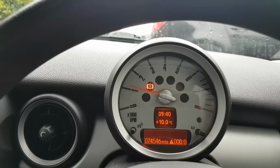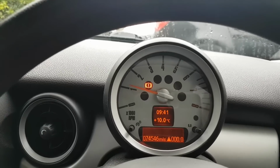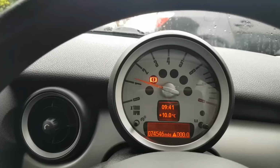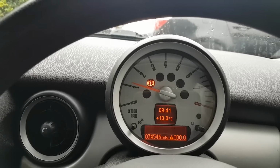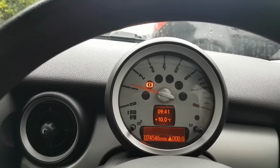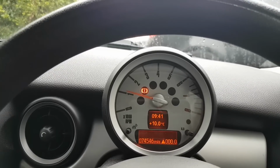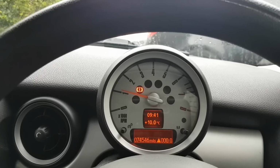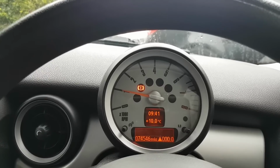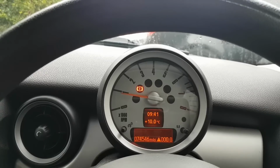But what I want to see is when it starts to drop the revs. I'm gonna leave the engine running. I'm gonna carry on recording so you can also see. It shouldn't take much longer to start to drop the revs. There we go. No, not yet. No, it's coming down now. Let's see if he holds the revs without